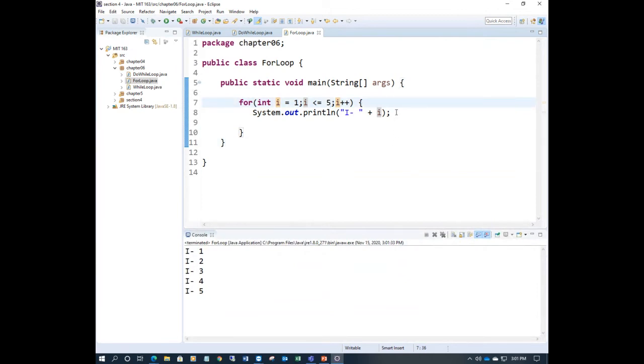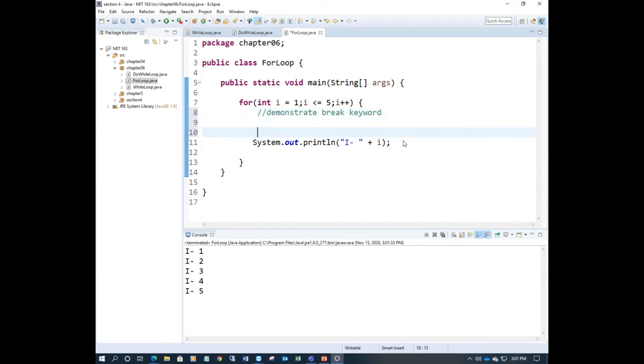Now let's see, when I want to demonstrate the break keyword, I say here: if I is equal to 3, break.